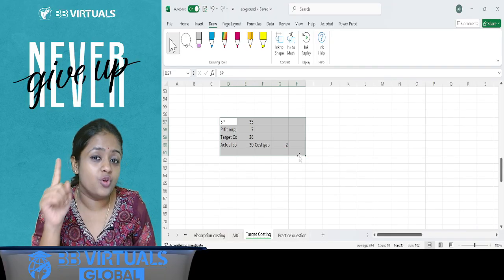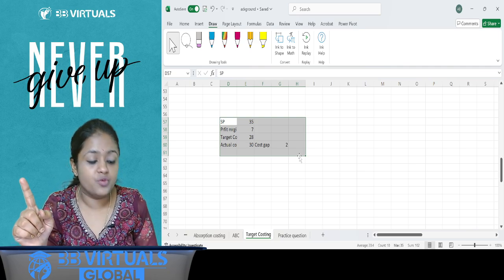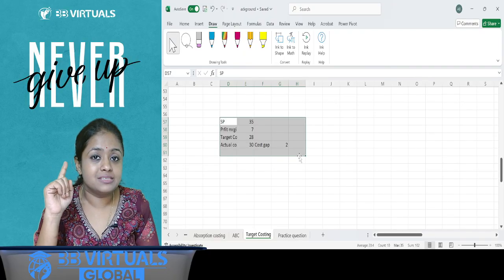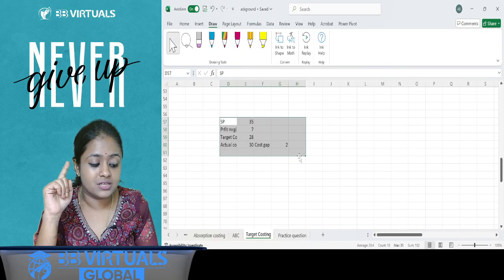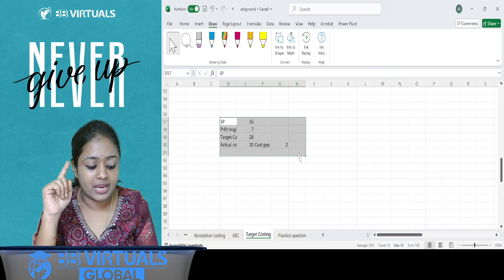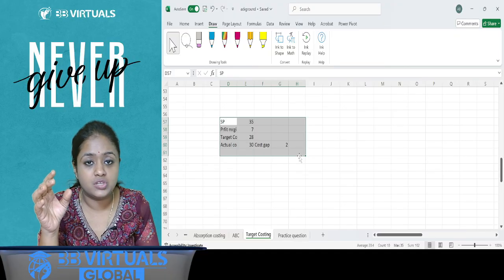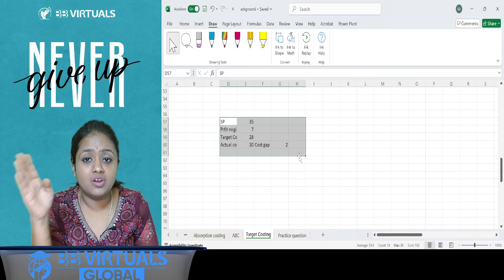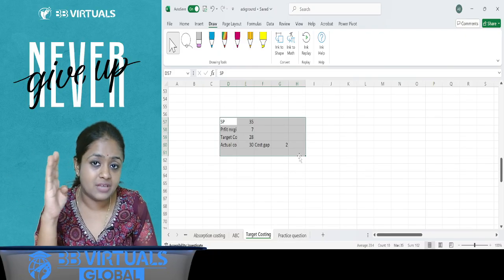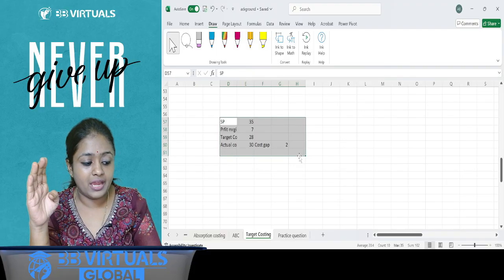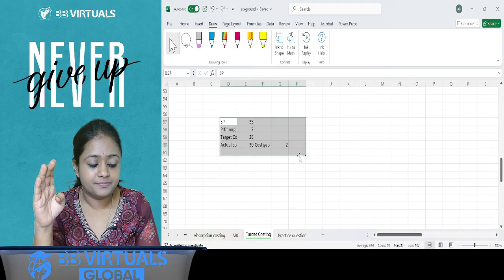Okay, focus should always be on how you can reduce the cost gap, because the ultimate aim is to minimize the gap so that we can bring a normal cost to the regular costing levels, right? That is the target cost level. Okay, any questions, any queries?